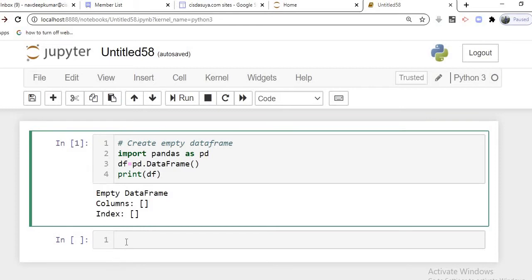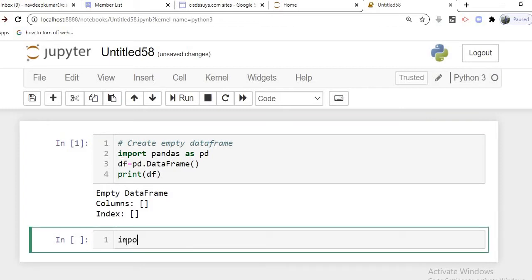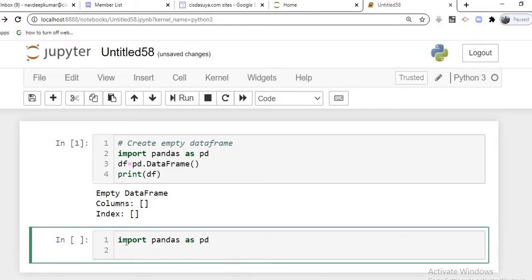So, import pandas as pd, and we are going to supply the data here.